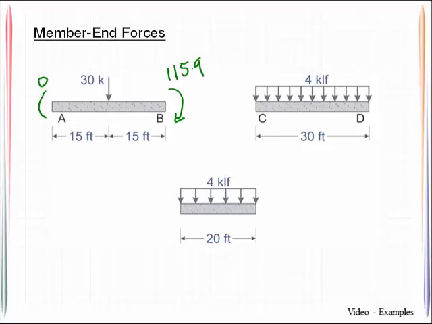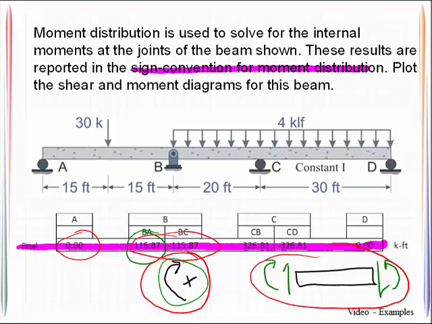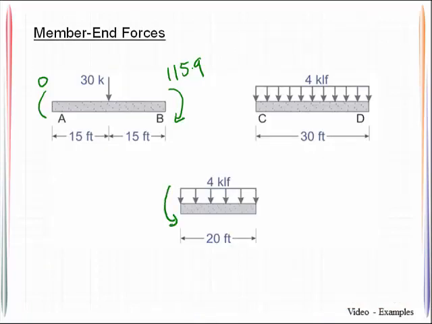Now one of the things you're going to notice is as I'm sketching these arrows on here, I will not put signs on them. I am simply using the signs in this moment distribution table to help me identify which direction I should be sketching the moment arrow. So for BC, it says it's a negative 115.87. Since it's negative, that means it's rotating counterclockwise. I come back here, that'll be